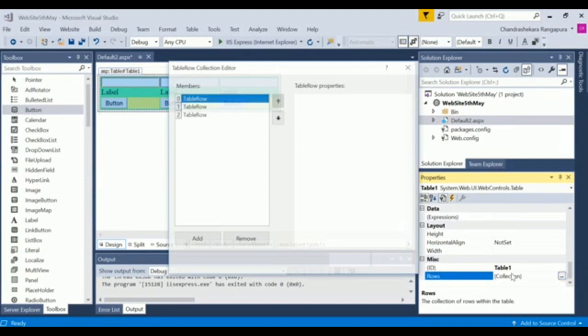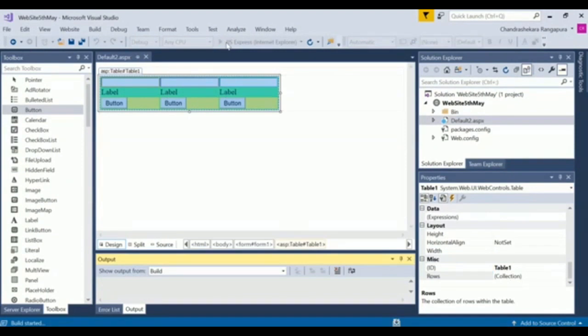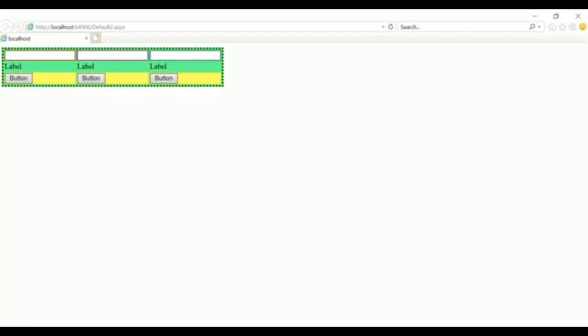So just see whatever different properties I have set. These are the border styles, that is, the dotted border style I have applied to the table. So this is the interface. Definitely from the interface only you will come to know what I am going to do next. That is, we'll be having text boxes. We will enter some text inside the text box, and after clicking on the button of the respective column, that particular text will get displayed in the label which is present in each column. So that is the expected output.